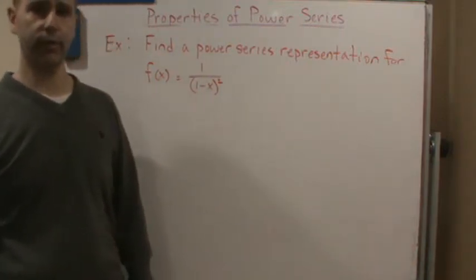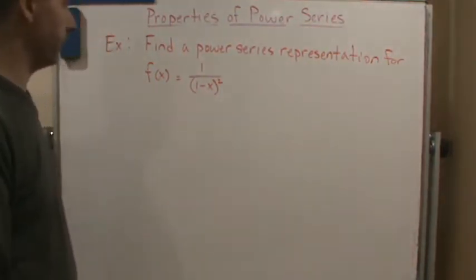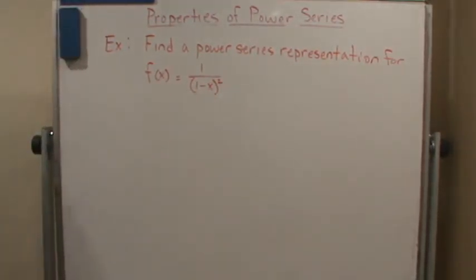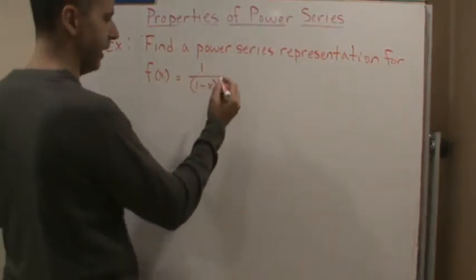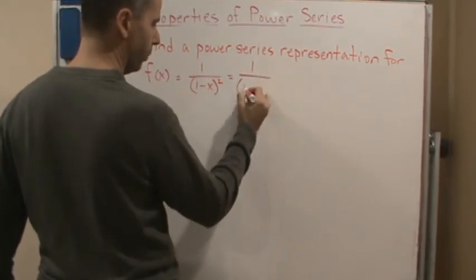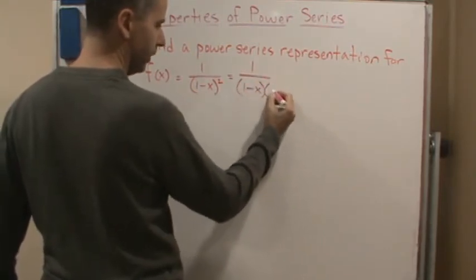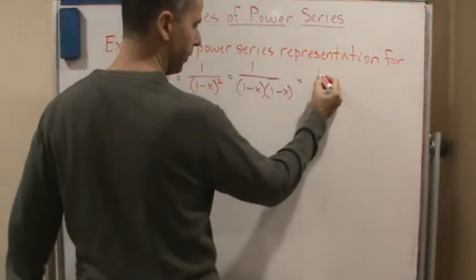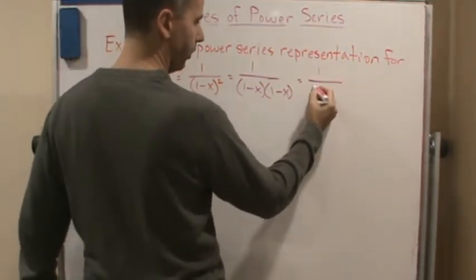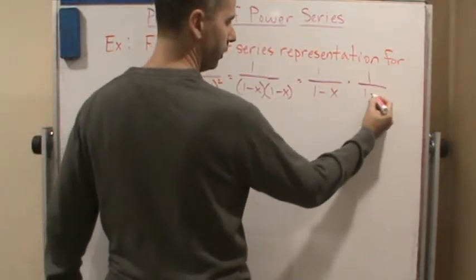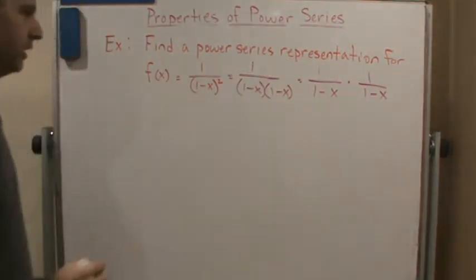Okay, so now we have another example. In this case, we want to find a power series representation for this one. So again, you're going to want to recognize that I can rewrite this as 1 over 1 minus x times 1 minus x, which of course can be written as 1 over 1 minus x times 1 over 1 minus x, and of course